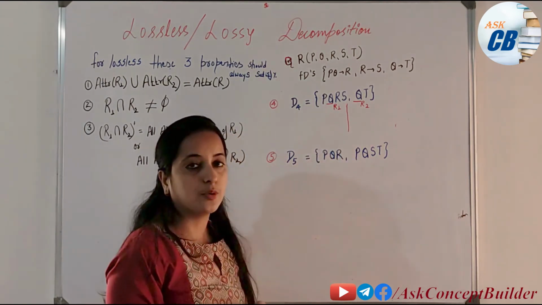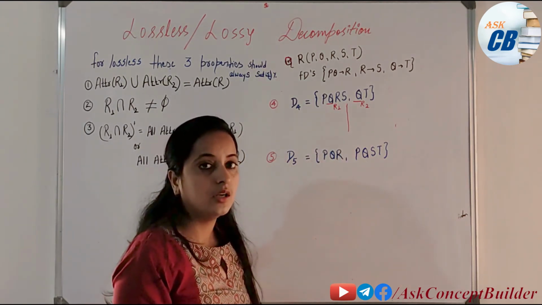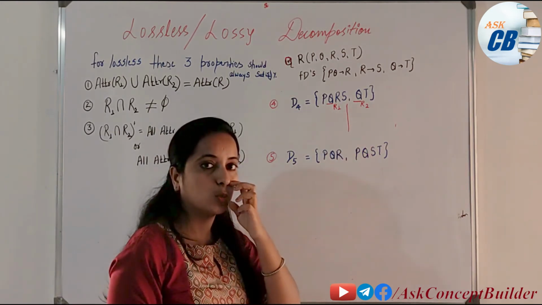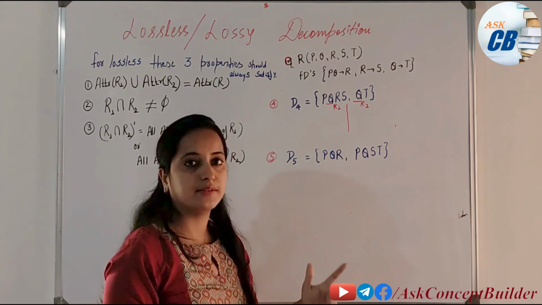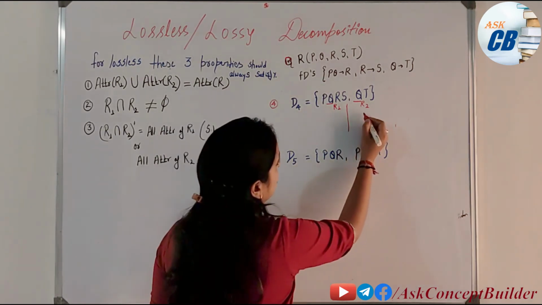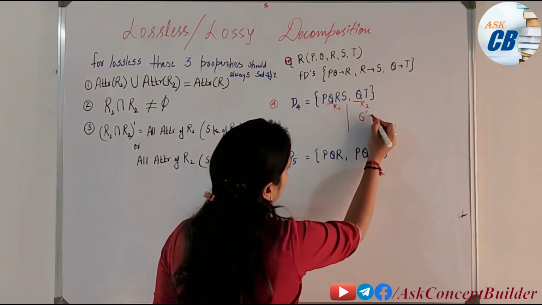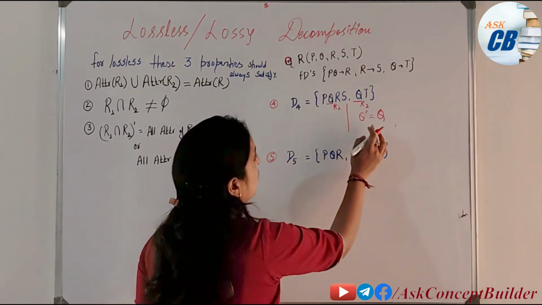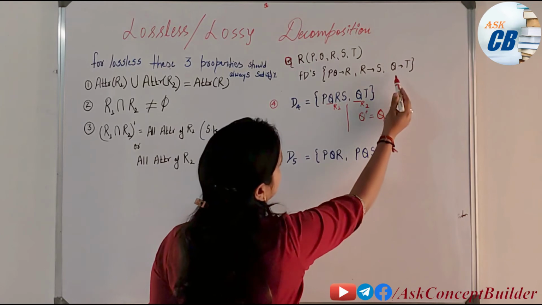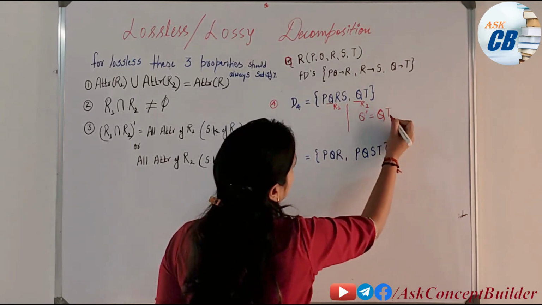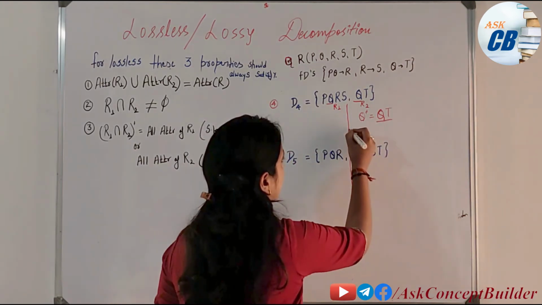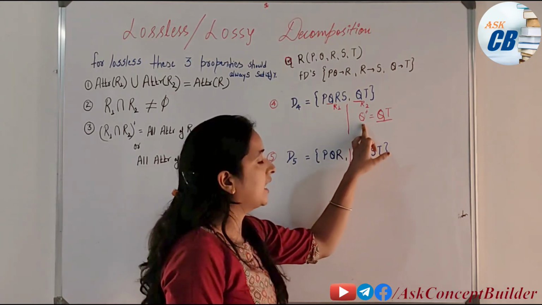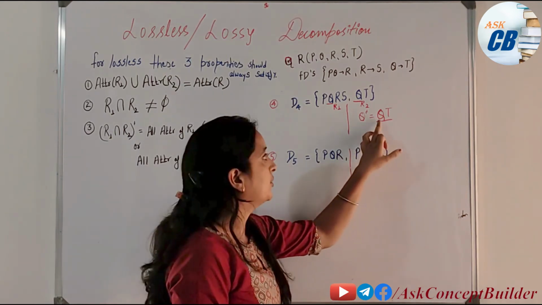Now what is your third property? Third property is that the common attribute should be the super key for at least one relation. Okay, now we'll check for this one. So see this Q, what will Q give? Q will give Q. Okay, this is trivial. Q will give Q. Now do we have any functional dependency? Yes, Q is giving T also. So Q is giving Q and T, so this is the super key for this relation R2 because it is deriving all the attributes Q and T